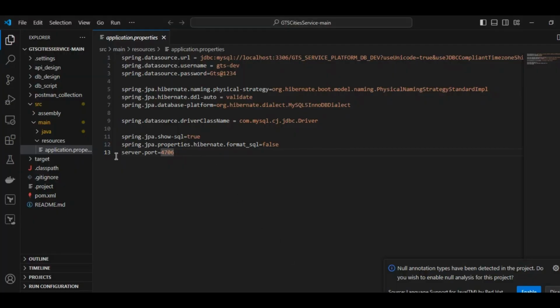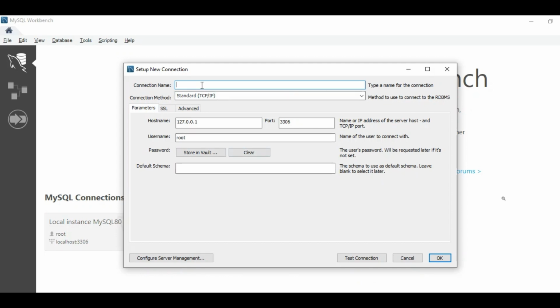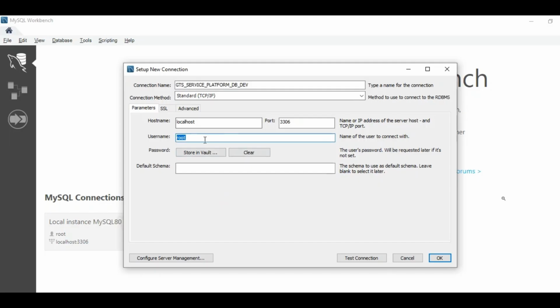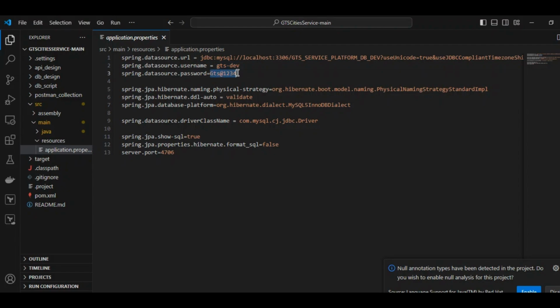Then open VS Code. Open the application properties file. Then copy this database name, paste it here, and localhost. Copy the username, password,